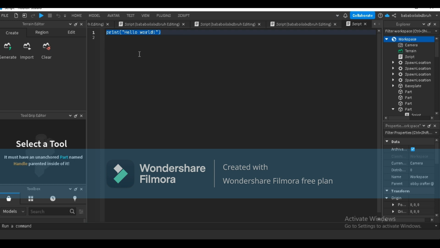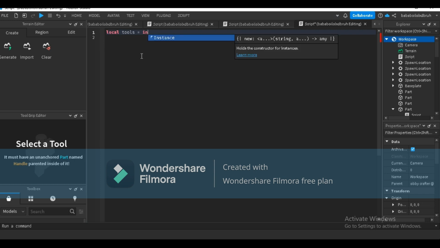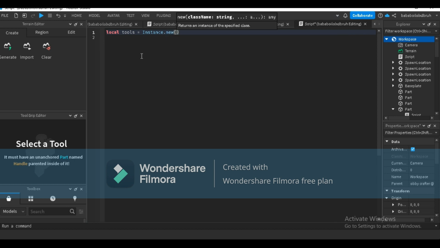local tools is equal to instance.new tool. And what this instance.new does is basically making a new